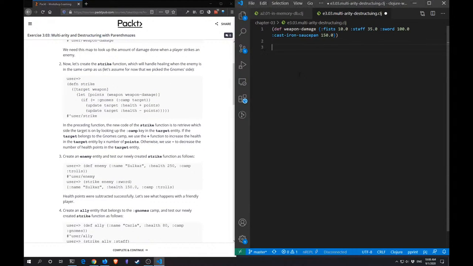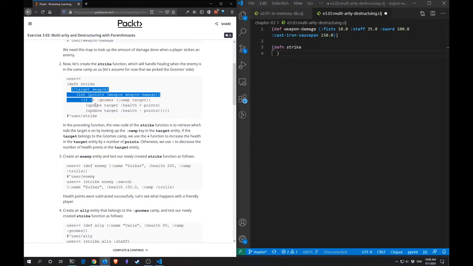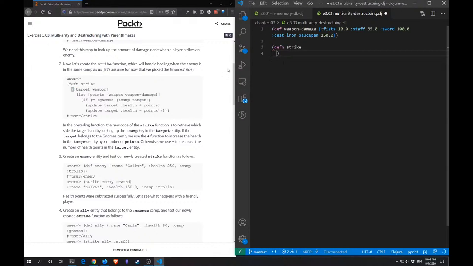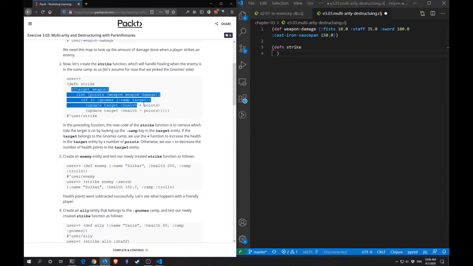And now let's create a strike function. For example, we'll create weapon strike, which takes